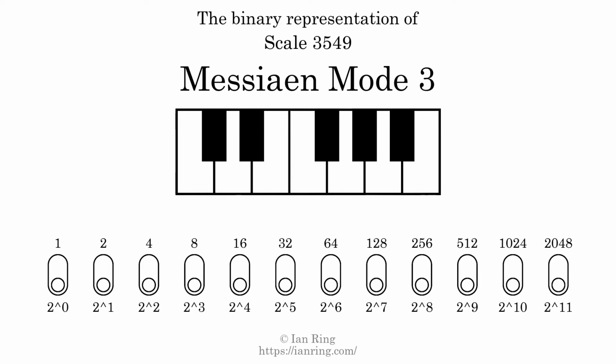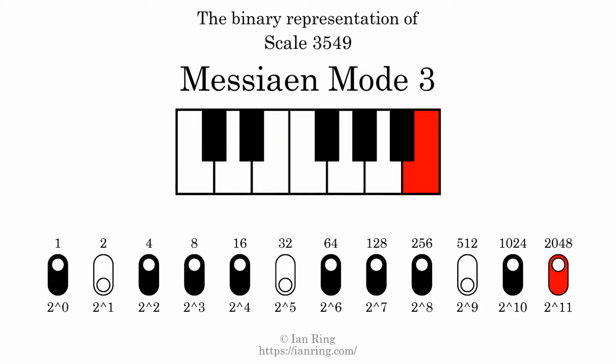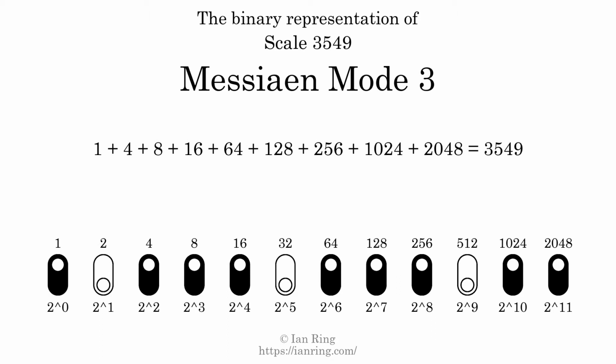The binary representation of this scale is determined by mapping tones of the scale to binary digits. Each binary digit represents a power of 2. To get the scale number, we add the powers of 2 together. The powers of 2 that are present in the scale, all added together, equals 3549. That is why the scale number, in decimal, is